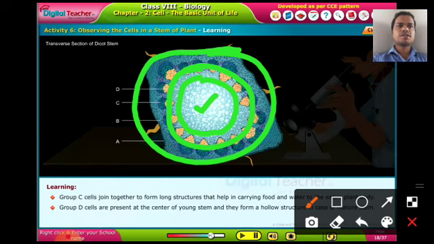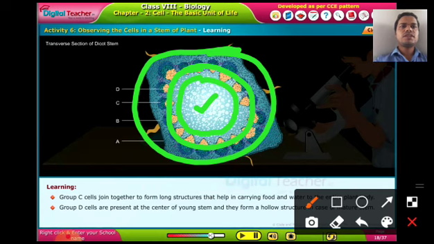Now if you see this picture, all cells present inside the plant are not the same. Am I right? There is a particular difference present. Why is the difference present? Because every cell is doing a different function. Now imagine our body. Skin is different from tongue. Tongue is different from eye. Eye is different from brain. Brain is different from hair. Hair is different from nail.